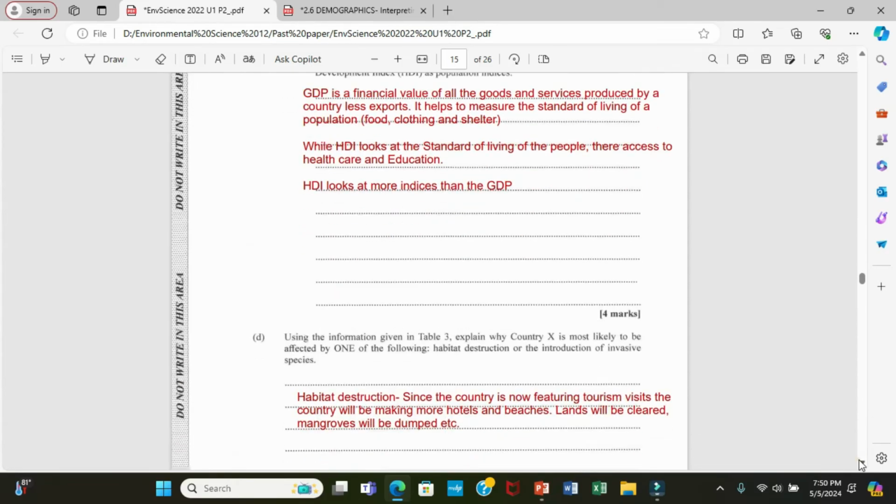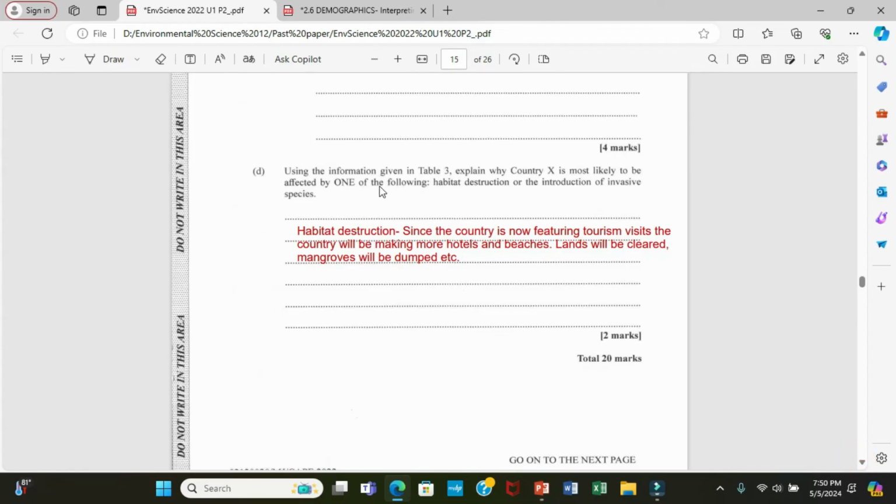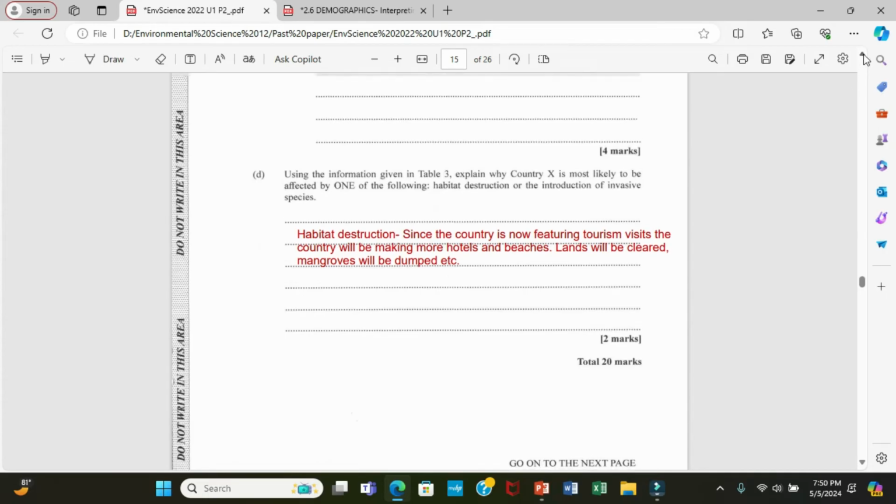Let's move on. All right, so using the information given in table 3, explain why country X is most likely to be affected by one of the following: habitat destruction or the introduction of invasive species. All right, so we look at habitat destruction, guys. Let me read. It says, since the country is now featuring tourism visits, the country will be making more hotels and beaches. Land will be cleared, mangroves will be dumped, etc. All right. So as it says here,